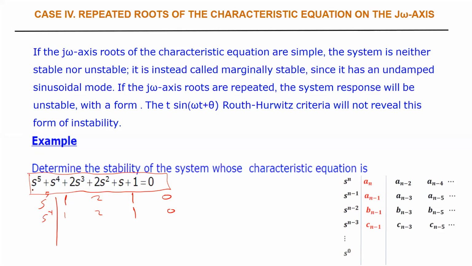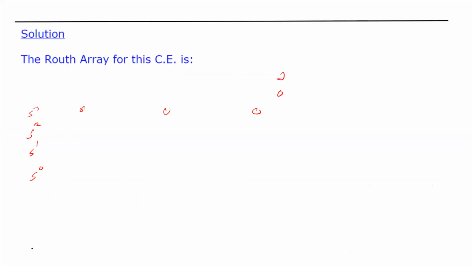The coefficient of S to the 5 is 1. The coefficient of S cubed is 2. The coefficient of S is 1. This is the first row. The second one is the one which I skip. So I'll have 1 with the S4, 2 with the S squared, and 1 with the S. Yes, now it is clear. Thank you, doctor. Okay. So now,